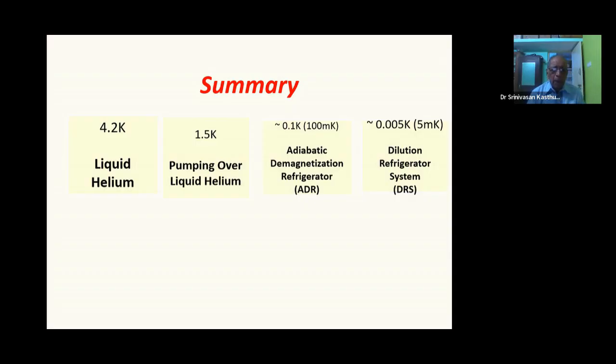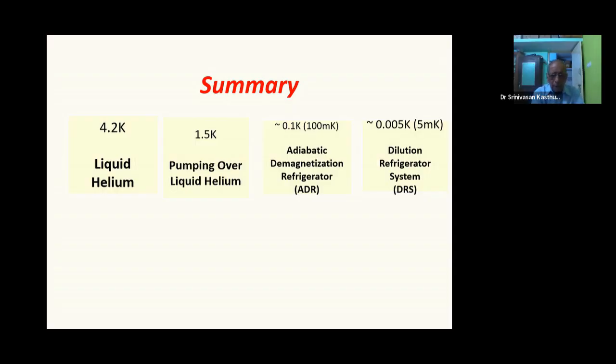If you pump on helium, you are able to reach a temperature close to 1.5 Kelvin, and you also have appropriate, different thermometers, like we have seen the carbon resistor, or for example, the ruthenium oxide sensor, etc., that can be used for measurements. To reach temperatures of the order of 100 millikelvin or 0.1 Kelvin, we use adiabatic demagnetization